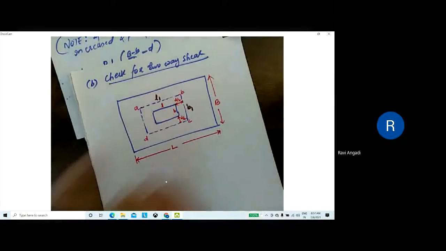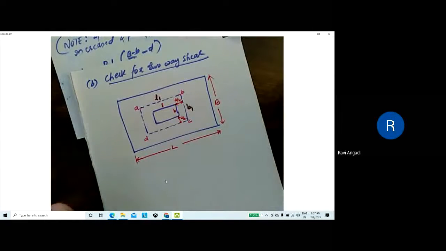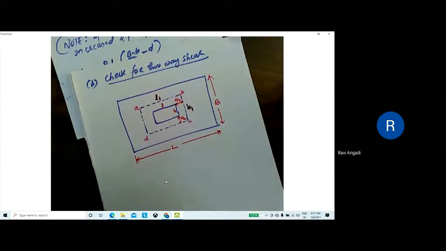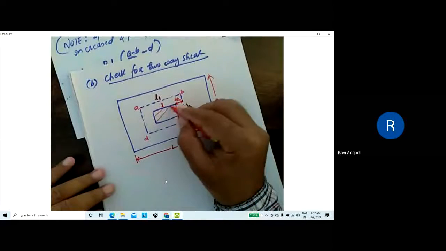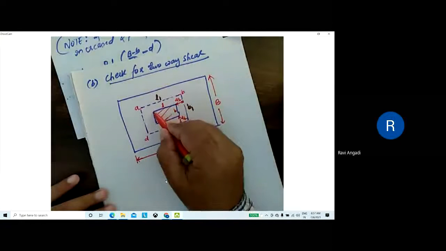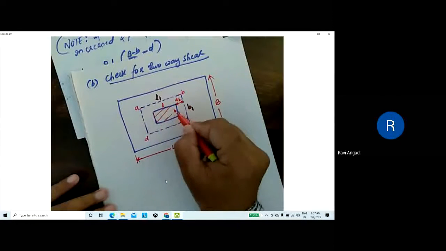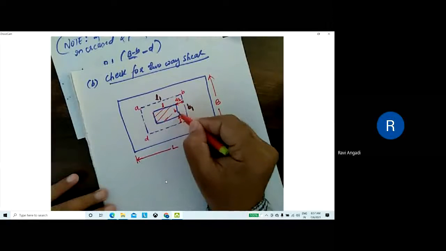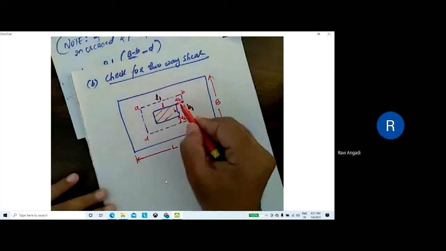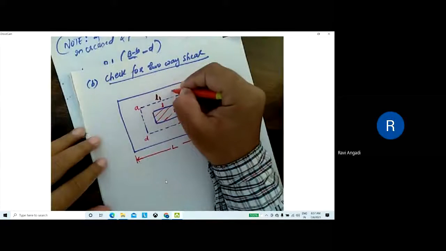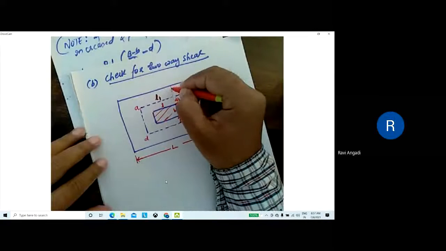Whatever markings I have done, please mark them clearly. This center portion is the column, and its dimensions are L into B, along the length small l and width small b.